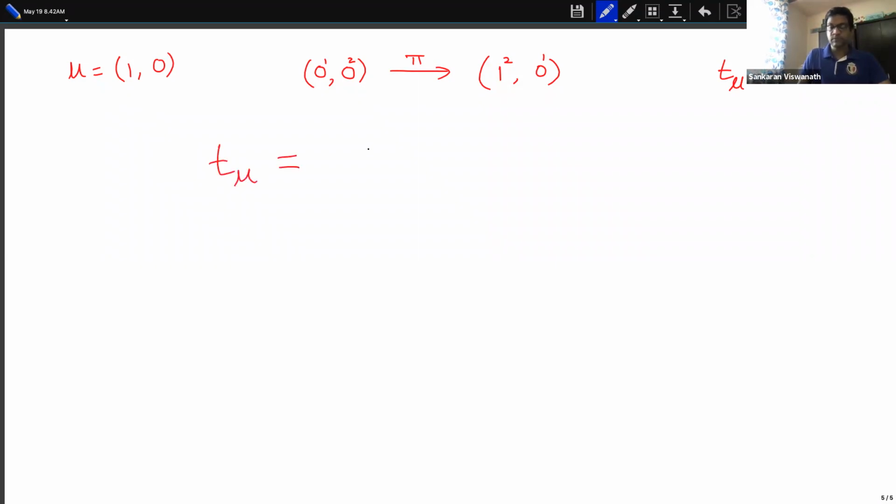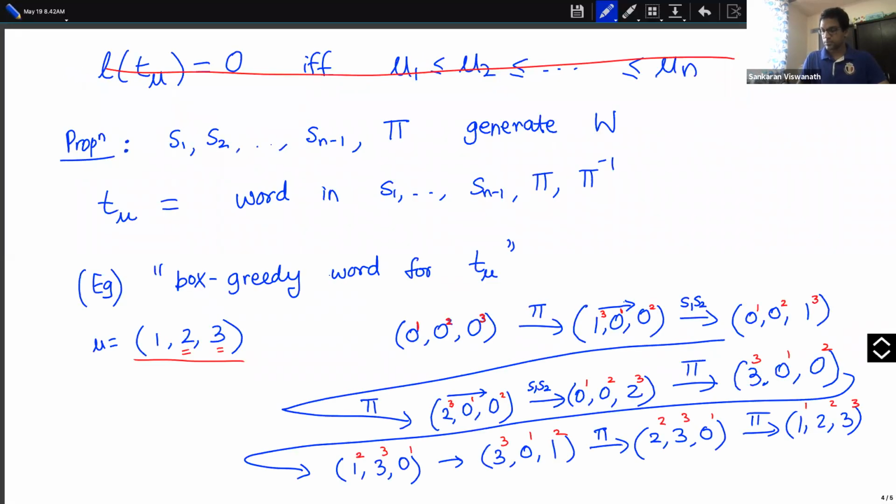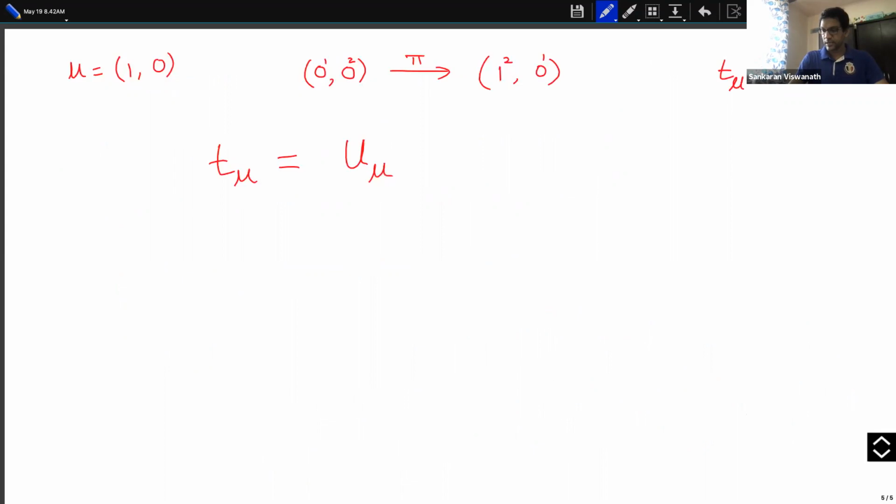So T mu, what we have just done, this box greedy and so on, is you have produced an element u mu. You start with 0, 0, 0 and get to mu by applying a sequence of pi's and si's. But once you do that, you may still be off by some finite Weyl group element, some element of